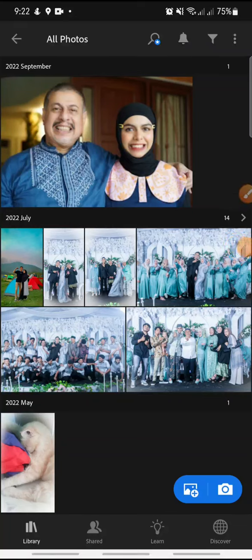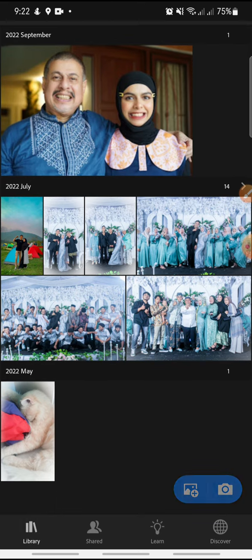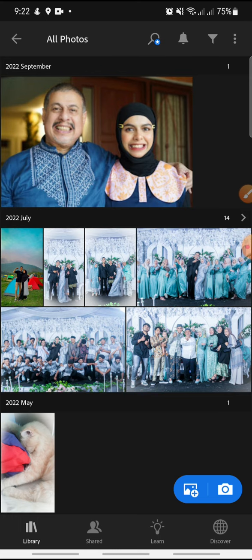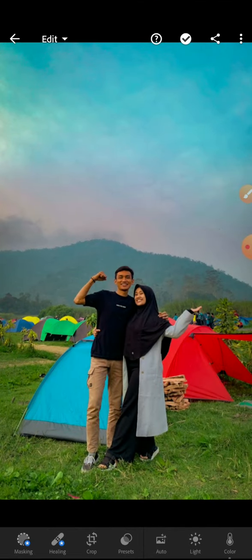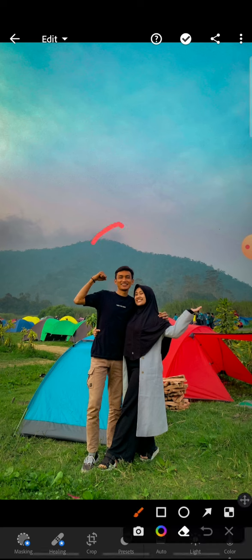In this video, I'm going to show you how to export your photo to JPG on Adobe Lightroom. Now let's get started. First, you can open your project, and after this, in here, if you want to save this